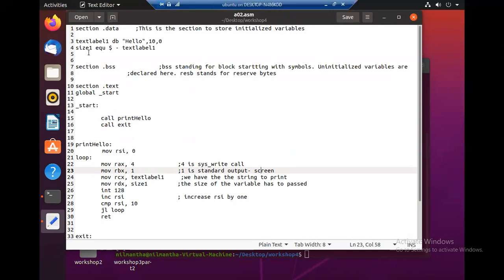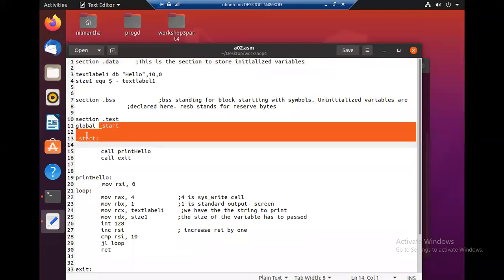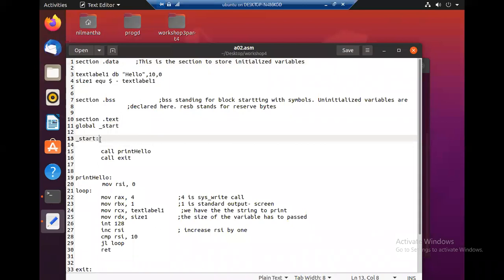so the macros are defined outside of text. So that is the first point that you should know. So if you consider subroutines, jumps, and everything, that is part of the main function, means this text. The program begins here.